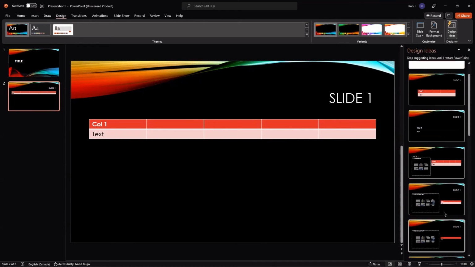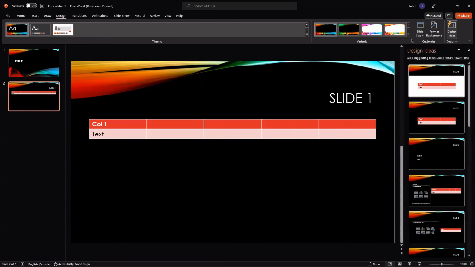generate a few more. You can also adjust next to variants. There's slide size, so towards the right. And you can choose standard, which is 4:3, or widescreen 16:9. So this is basically the aspect ratio, the number of pixels wide and tall of the slide. So standard 4:3 is going to be for every 4 pixels across, there's 3 pixels down. And widescreen, which is how most screens are formatted these days, it's going to be for every 16 across, you